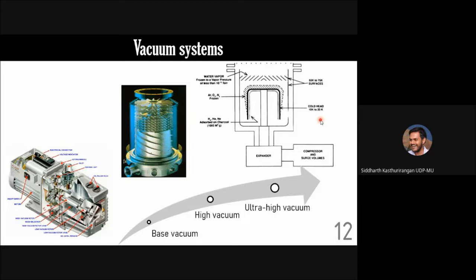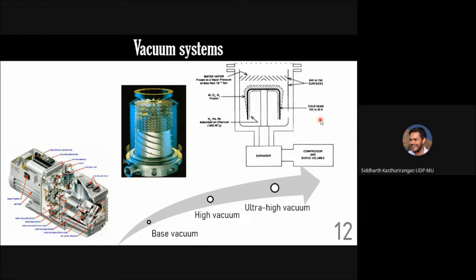There is another type of pump which is called a sorption pump, which works on similar principles. The idea is that you have a highly adsorbent material where any gas which goes and sits will get adsorbed, with a very high sticking coefficient. An activated surface is there which has dangling bonds, so that as soon as any molecule comes it will get adsorbed, and that can also be used for obtaining extremely high vacuum. These are some of the different types of vacuum systems which are used, and depending on the vacuum requirement in the accelerator, you will try to use different types of pumps.